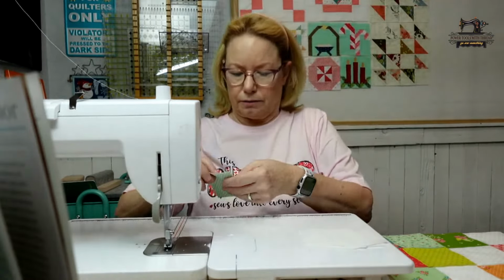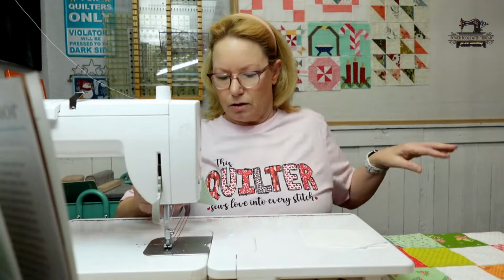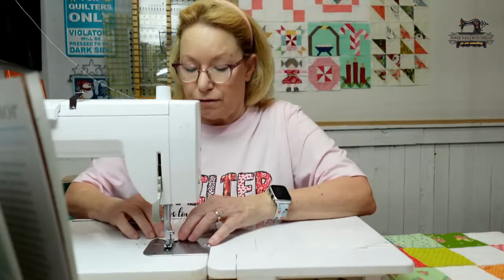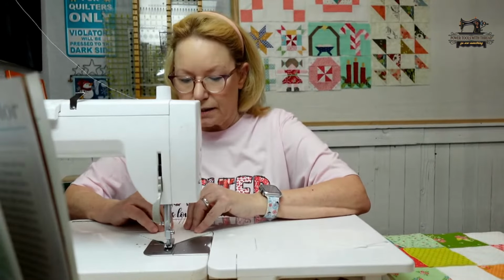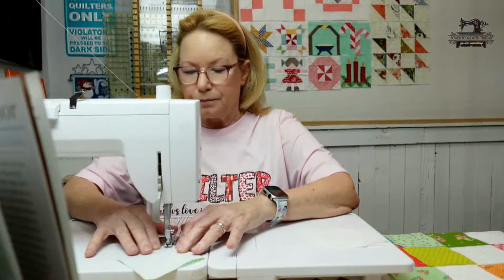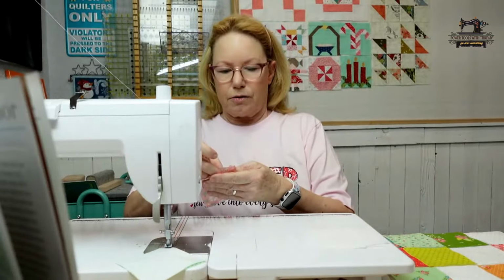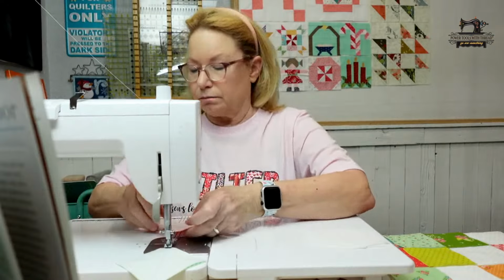All right. I mean, I guess if you've got directional fabric, it'll really matter, but just make sure that you get them turned right. I'm stitching at a 2.0 stitch length. So you can just sew these. Doesn't matter really. It does matter once you get them